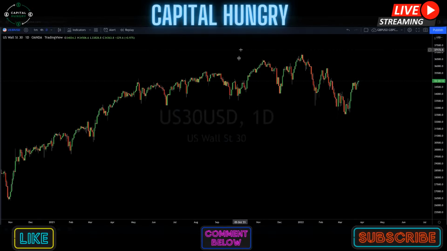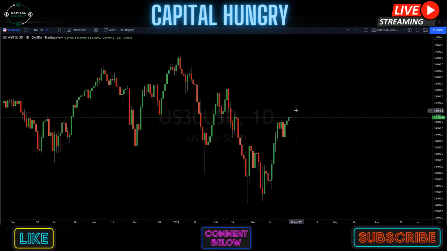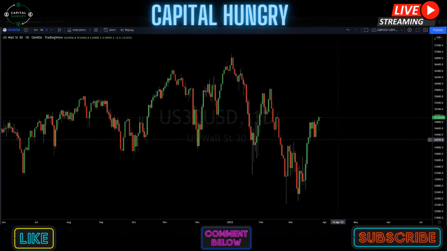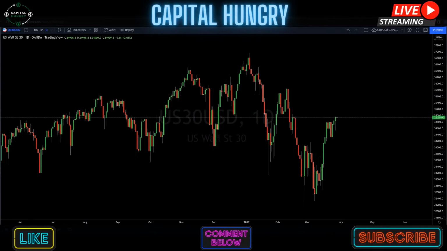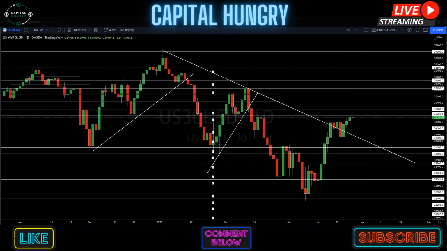US 30, as explained at the start of the webinar and earlier, very nice bullish price action and market structure. Buyers grabbed this dip up at 32K flat. The interest rate hike of 25 basis points was priced in. Fear, uncertainty, and doubt with Russia tensions are priced in. Breaking above the bearish market structure with an order block here and a lot of buy orders generated. And we've been in a bullish buy-in since 33,200 if you've been following the webinars.